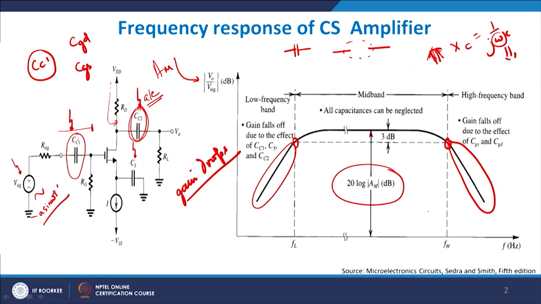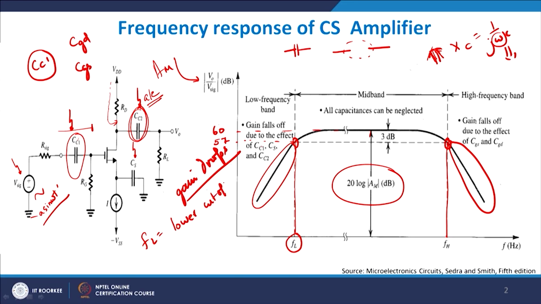So what you try to do is you just look at the top. Suppose this is equal to, say, 60 dB, then you try to go from here to 57 dB. So draw a line at 57 dB, so a 3 dB drop is there, and then check out 2 points where you get the 3 dB drop. Then we drop the point across the frequency axis and we define FL as the lower